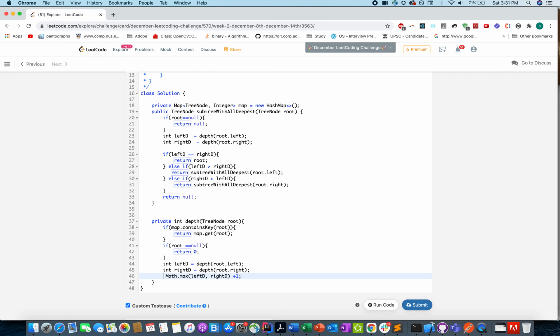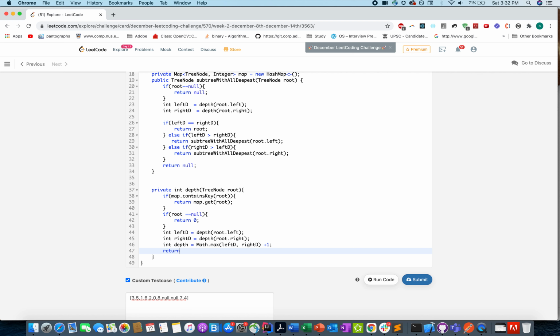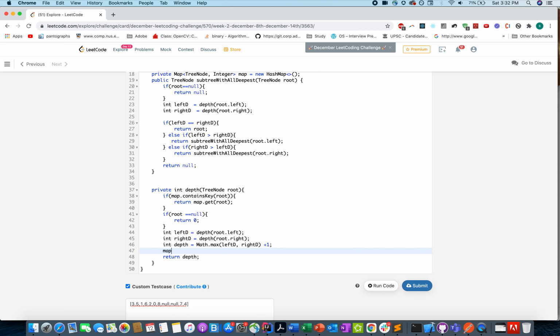Otherwise, in this latter part, we'll calculate the depth as this, and we'll return the depth. Also, we will update the value of the depth in the map. So let's run this.